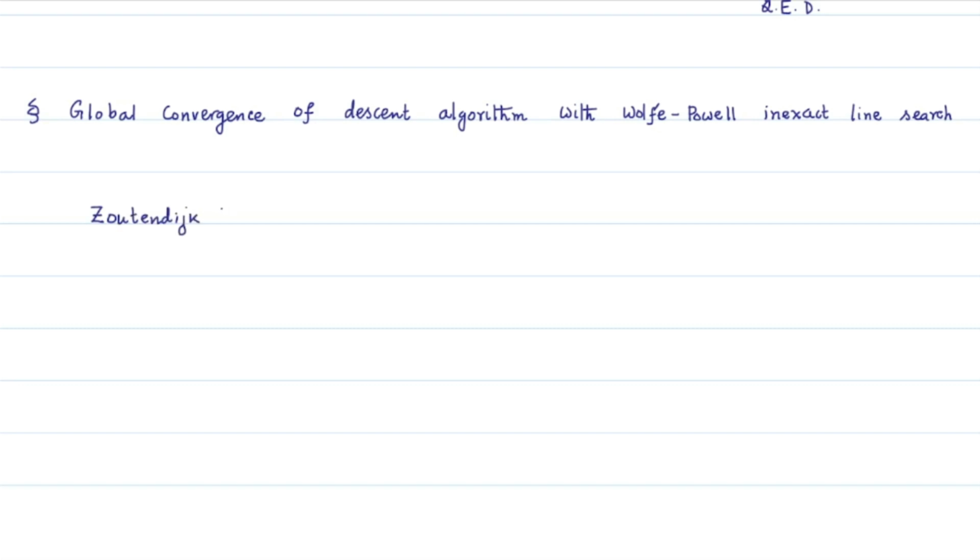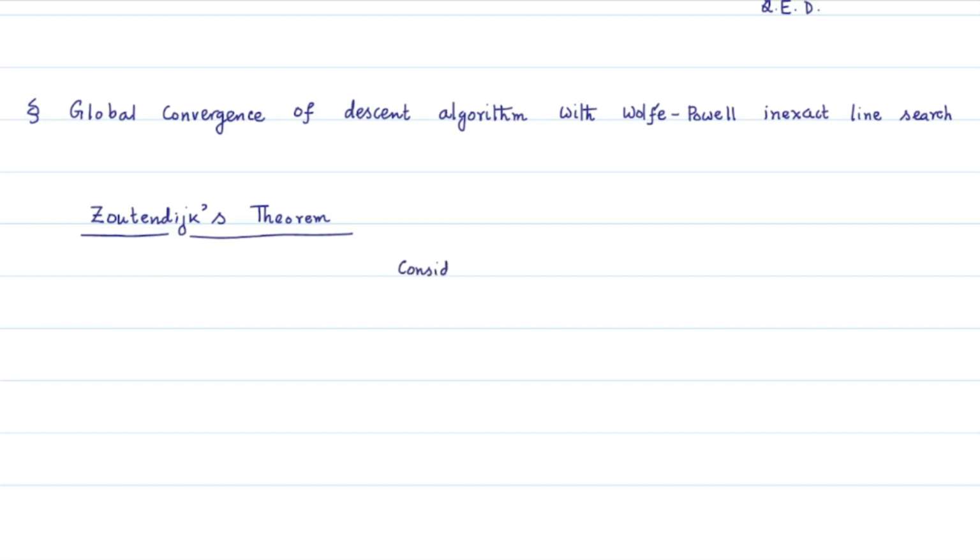Zoutendijk is a famous optimizer who is popularly known for numerical optimization algorithms. One of his fascinating results is the following, that proves the global convergence of inexact line searches. The result states that